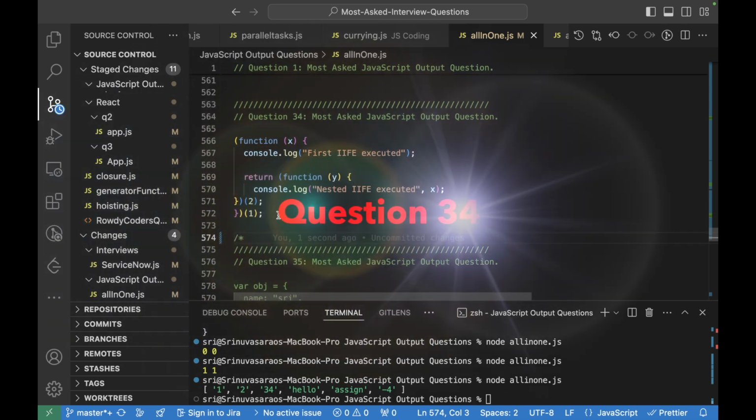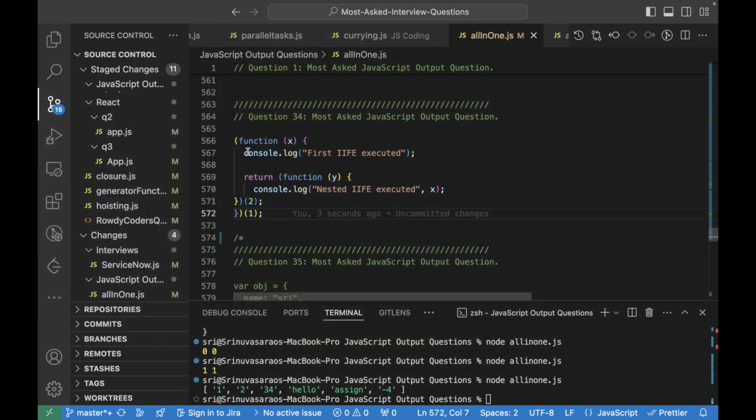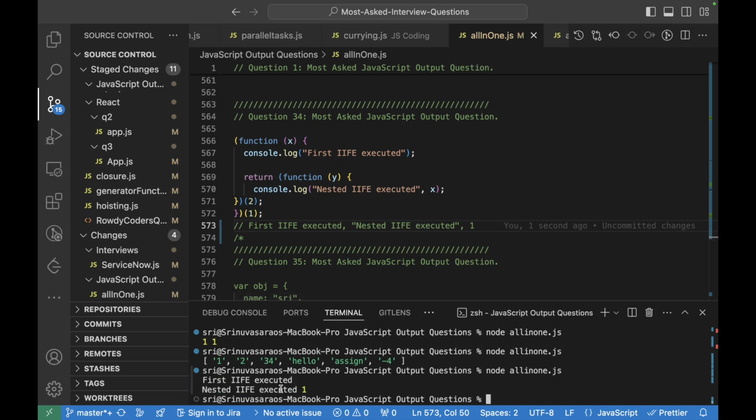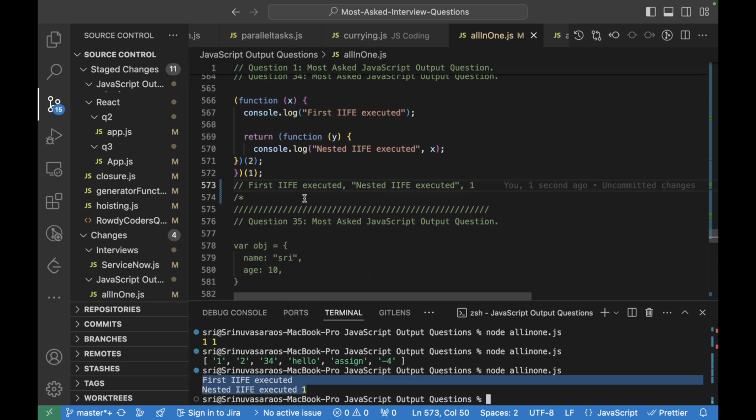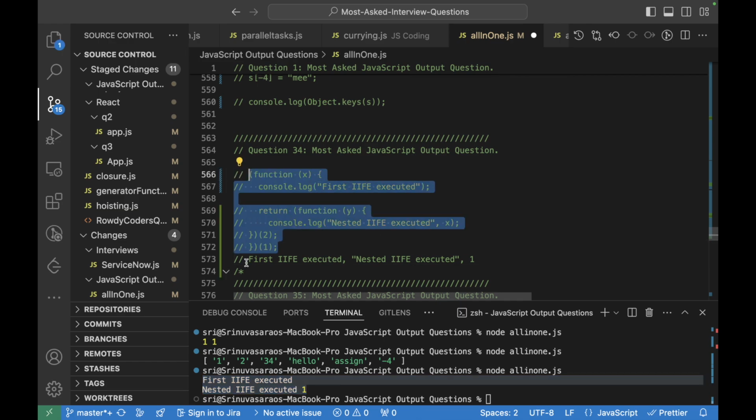And here this is an immediately invoked function. Here this particular function will be invoked with this particular one here. This one will be x, and this will be logged first here. Okay, this will be logged first, and then this particular x is nothing but this one, right? When trying to log this, it will log this particular item with the x value. Okay, x value is nothing but 1 here. So this will be the output for this. Let me run it. Yeah, so this is the output. Let me comment this. Let's go for the next question.